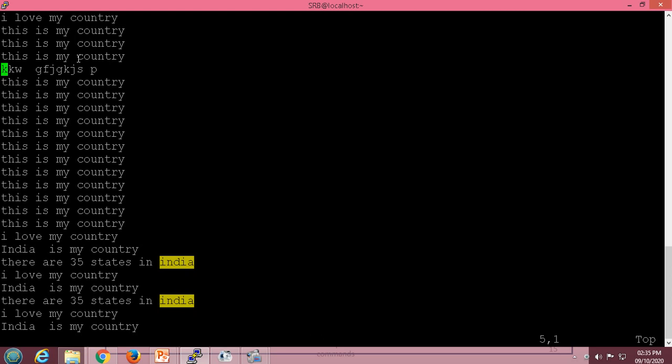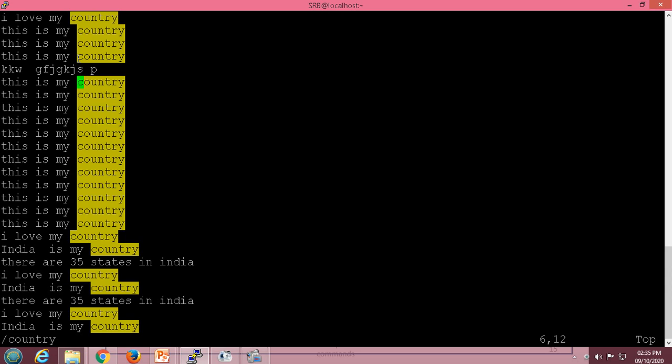Now we have two advanced commands which are used to search for a particular word in the file. For that we have the command / followed by the word that I want to search, let us say country. It will highlight all the lines which include the word country.